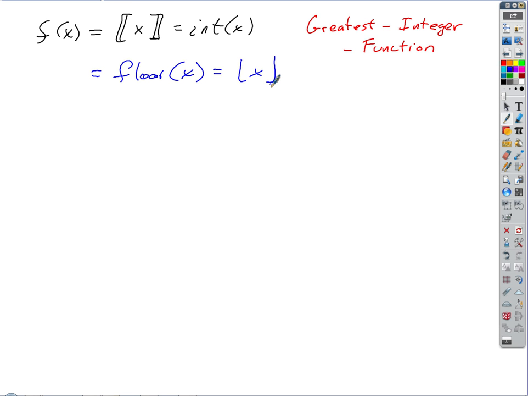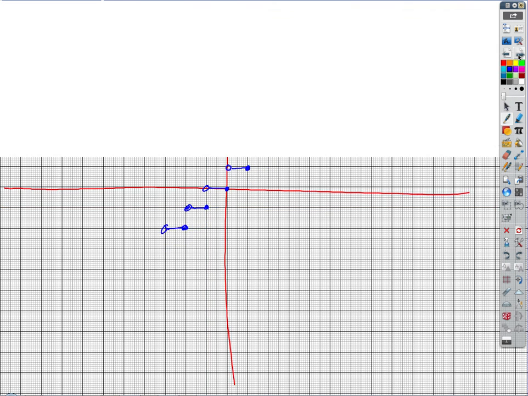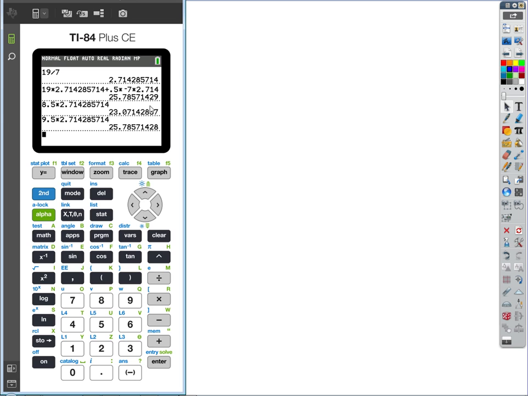Okay. All right, so let's try an example here then. What is the limit of... oh, and I'm going to show this to you on your calculators too. That's what I forgot to do. So on your calculators,